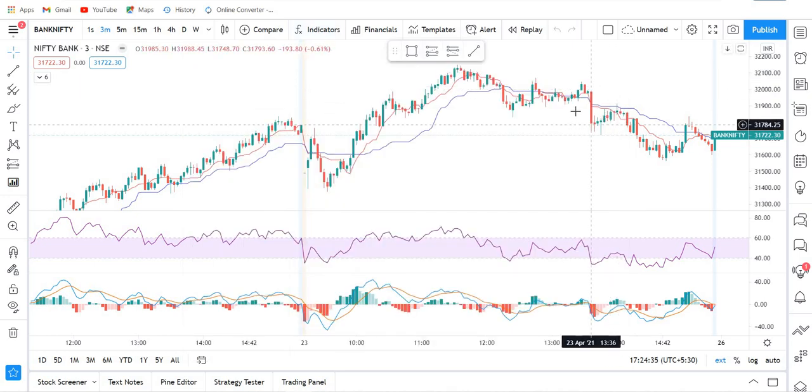Once you add the Ichimoku from HPotter, go to the settings, select only Tenkan and Kijun, and remove the rest. Second thing we are going to add is RSI. Change the RSI settings to 60 and 40, and then MACD. We are going to use MACD 5, 8, and the signal line will be 3, because we are using the 3-minute chart. So these are going to be the 3 things we are going to use.